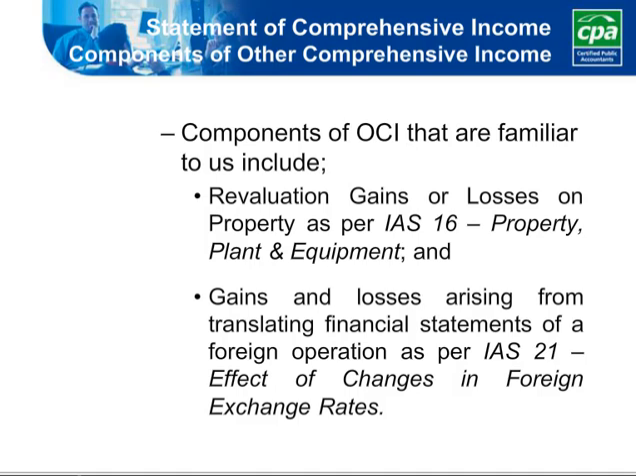Moving on to other comprehensive income, components of other comprehensive income that we should be familiar with include revaluation gains or losses on property as per International Accounting Standard 16 on property, plant and equipment, and gains and losses arising from translating financial statements of a foreign operation as per IAS 21 based on the effect of changes in foreign exchange rates. If we take the revaluation gain or losses, if we take a building which was revalued in